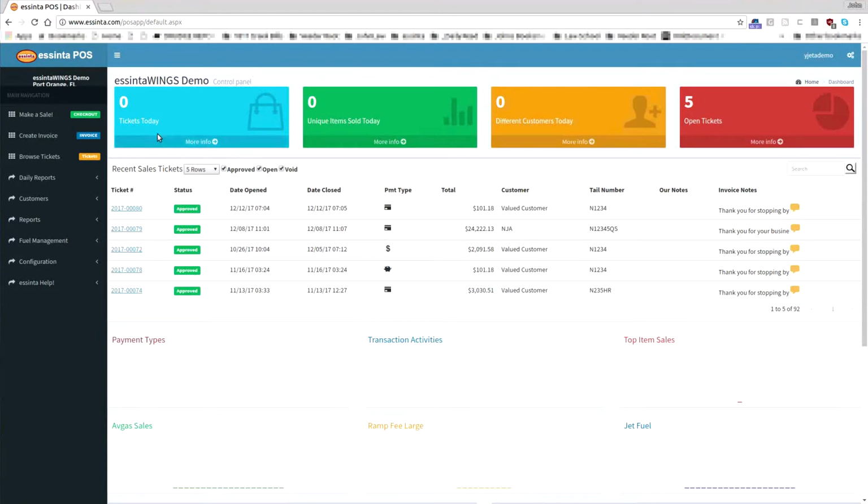What this screen shows is the number of tickets that you've run today, items sold, different customers who've been into the FBO, and how many open tickets you have on hand. Also, at an immediate glance, you can see tickets on the screen, each one showing a ticket number. That's a hyperlink that you can use to reprint or edit an open ticket, the status of the ticket, the date it was opened and closed, the payment type,